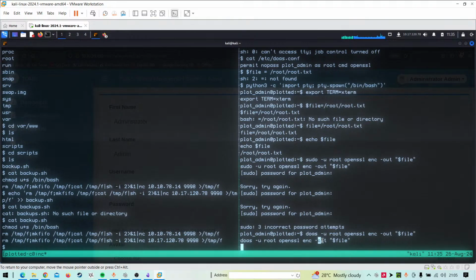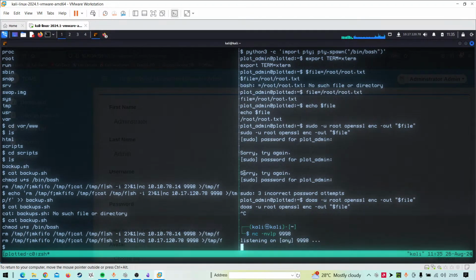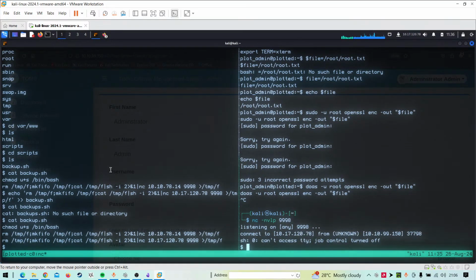Oh God, please no. Please God. You don't say that I just overwrote the root file. I will be so mad. God, please. I'm actually scared.